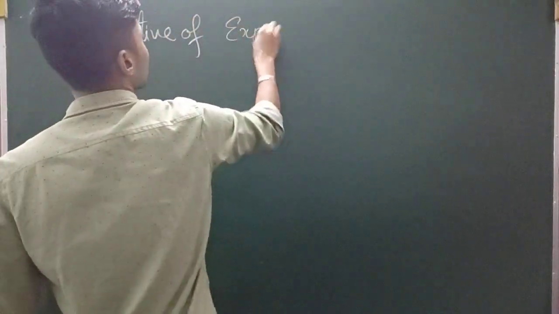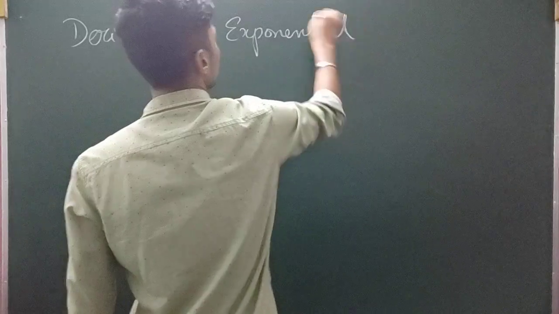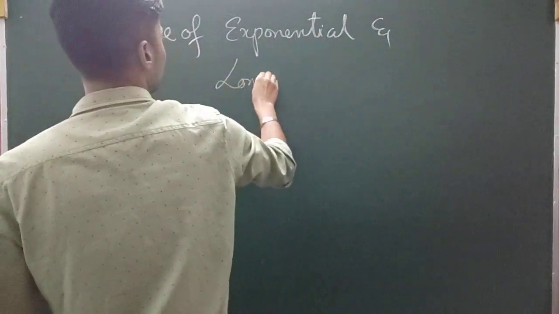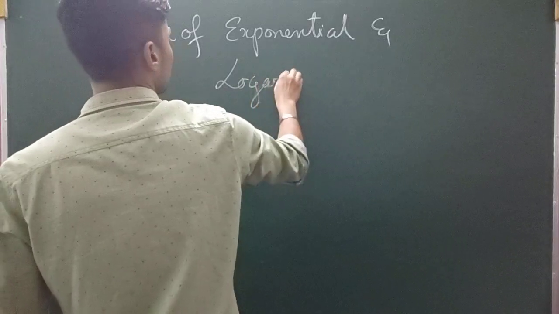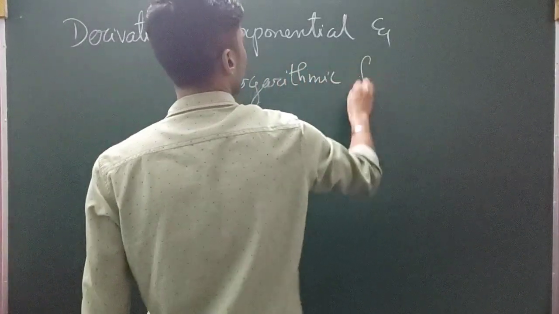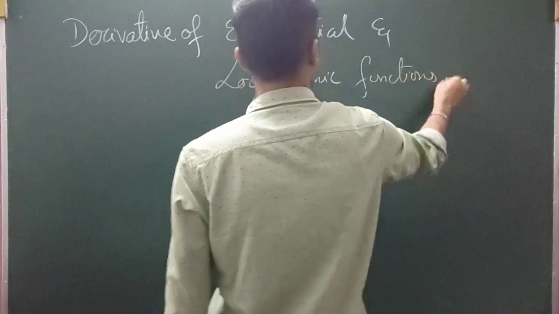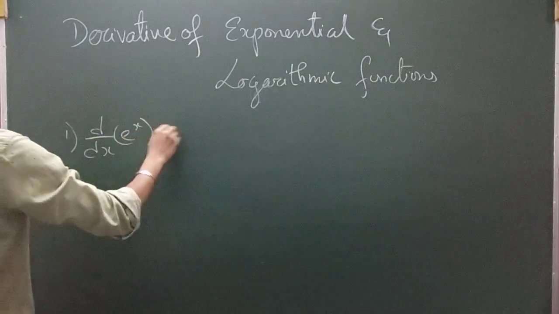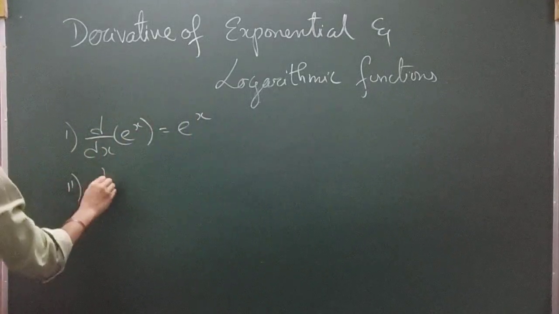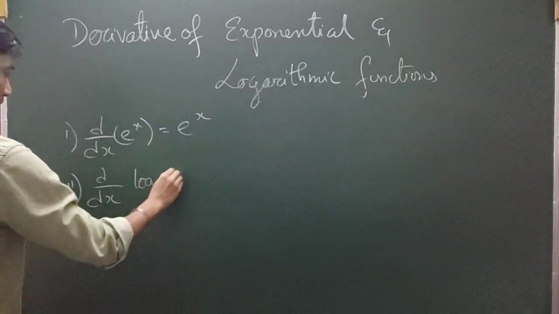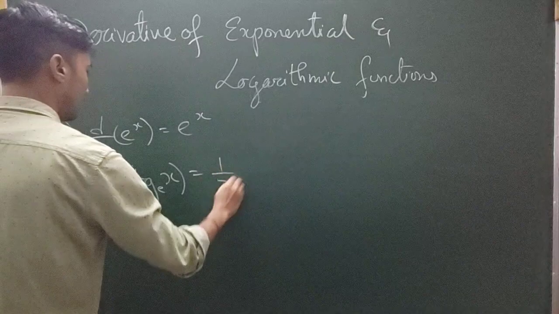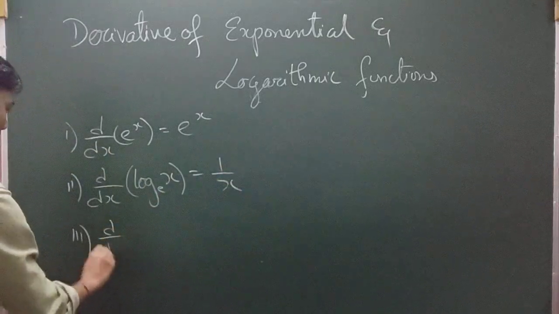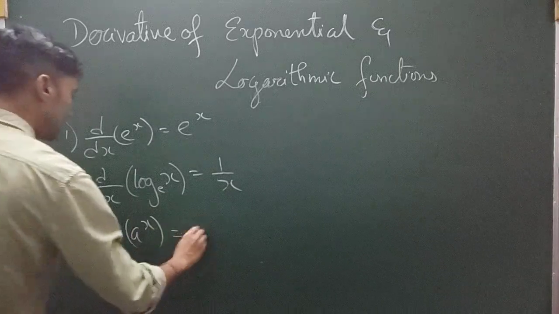Okay, derivatives of exponential and logarithmic functions. If you remember, we have already done these formulas in the beginning of derivatives, that is the derivative of the exponential function e power x, already done. E power x. Derivative of log x, of course, if the base is e, then it's 1 by x. We've also done the derivative of a power x, another exponential function, that's a power x